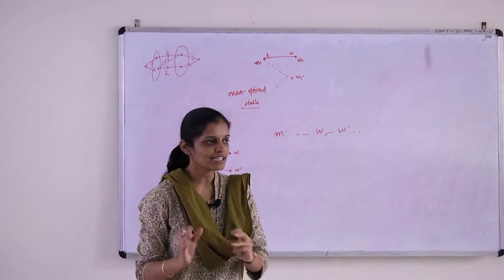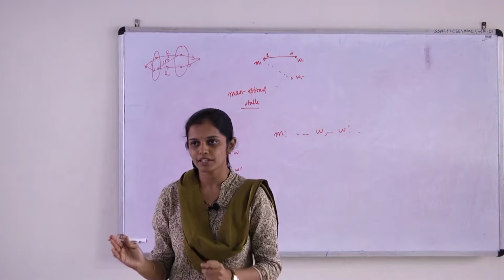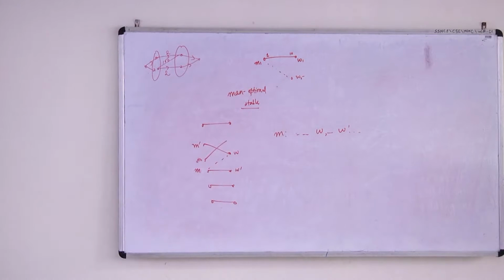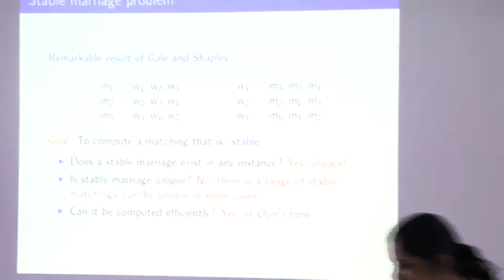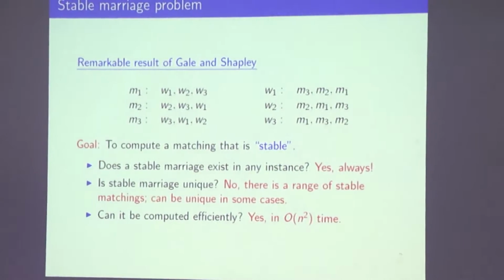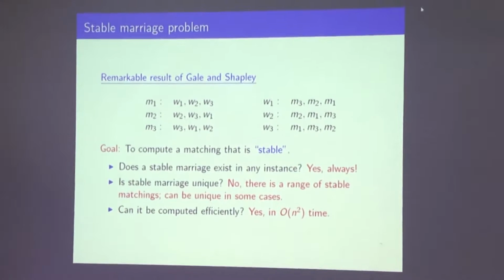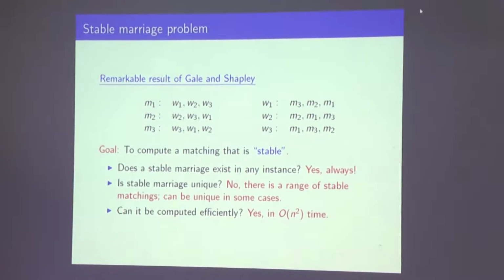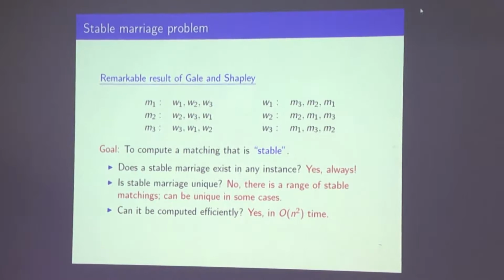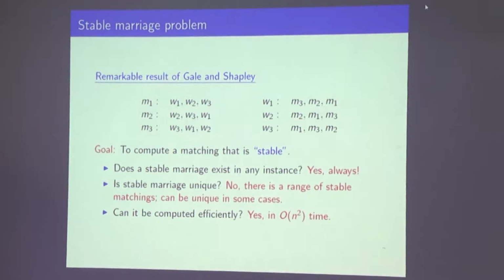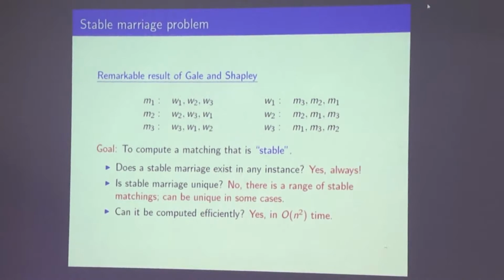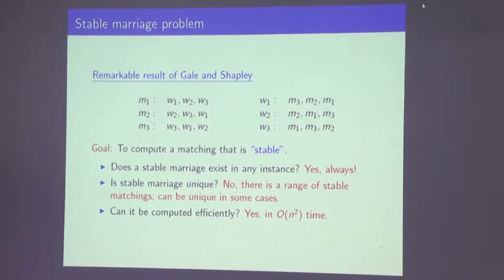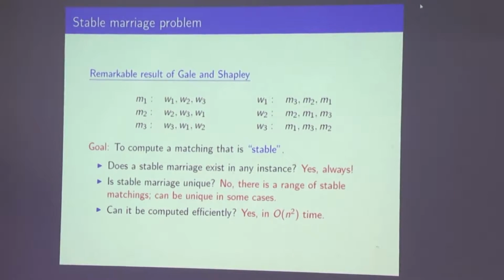But one can certainly ask, why did you choose the men proposing algorithm? There is an equivalent women proposing version, because things are just symmetric and we live in an equal world. So what happens if you ran the women proposing algorithm here? So remember, the algorithm will remain the same. Each woman is going to propose to the most preferred man she has not yet proposed to in her preference list, and the man is now going to accept or reject depending on what proposals he has. So what matching do you get? Do you get the same matching?